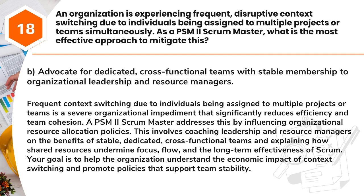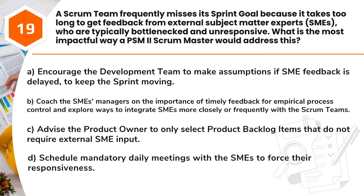This involves coaching leadership and resource managers on the benefits of stable, dedicated, cross-functional teams and explaining how shared resources undermine focus, flow, and the long-term effectiveness of Scrum. Your goal is to help the organization understand the economic impact of context switching and promote policies that support team stability. Question 19. A Scrum team frequently misses its sprint goal because it takes too long to get feedback from